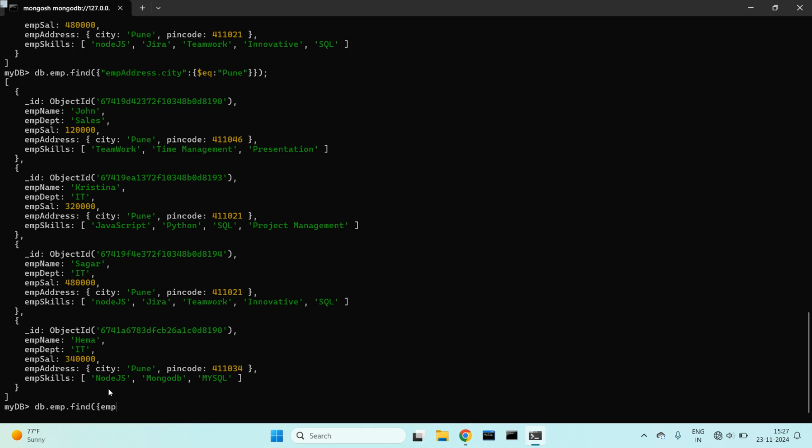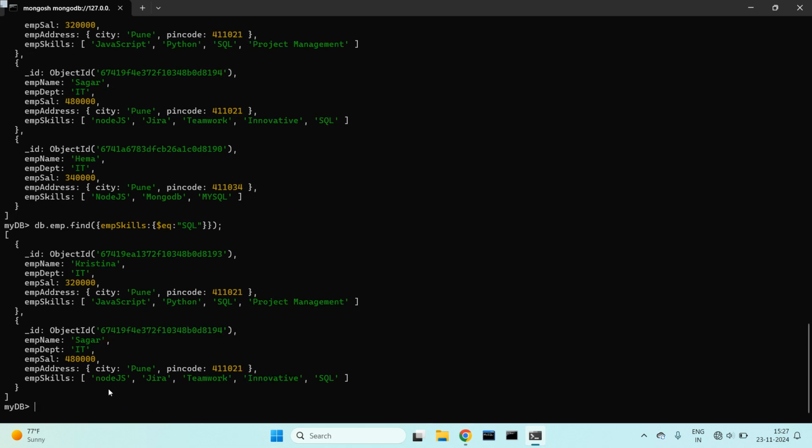The key I am searching for is emp skills, and the value I am searching for is $eq, colon, suppose SQL. Here I searched for emp skills which contains the value SQL. So it gives me all the documents which have SQL in the array field.